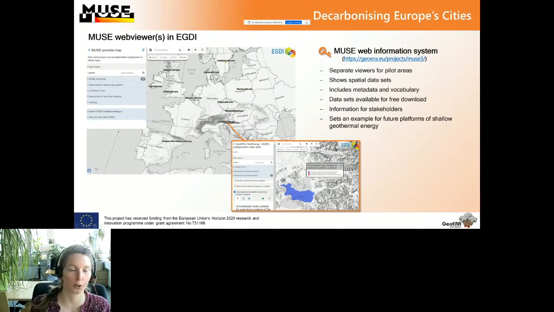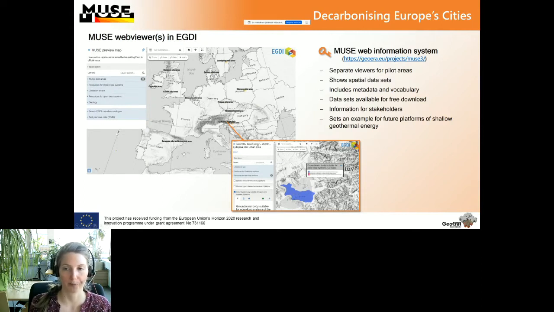And from here, you can go to the MUSE web viewer on EGDI. You see our pilot areas here, and they are rather small because for shallow geothermal energy, it is very important to go to a more detailed level, and the European point of view might oversimplify the status a little bit. So therefore, we decided to put our information not only into this big viewer, but into several smaller ones. So we have one additional viewer for each pilot area